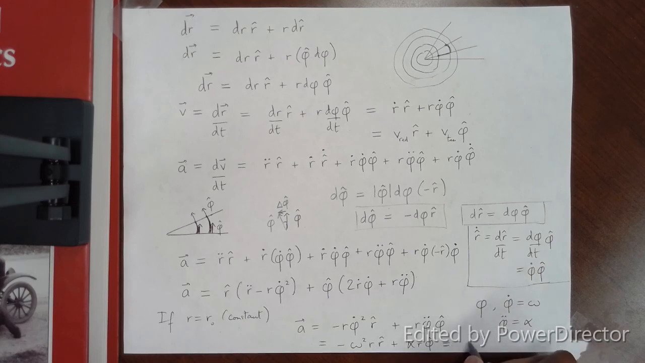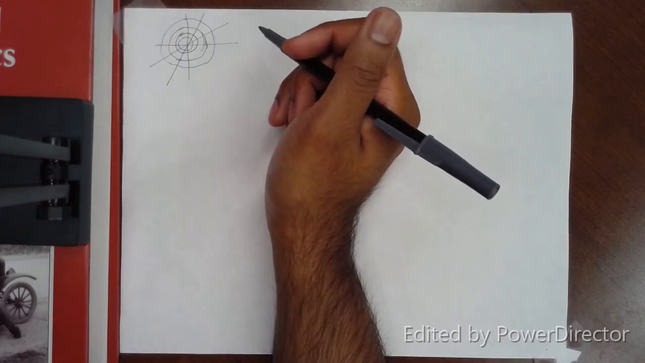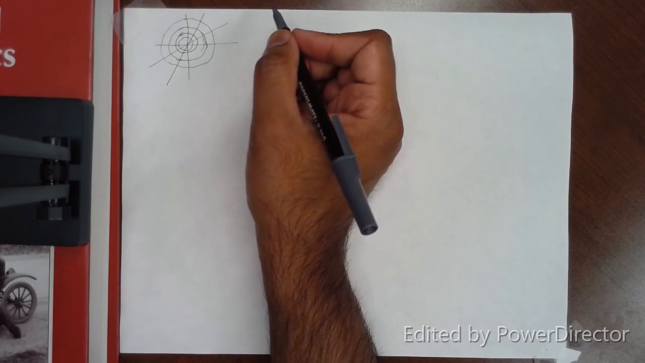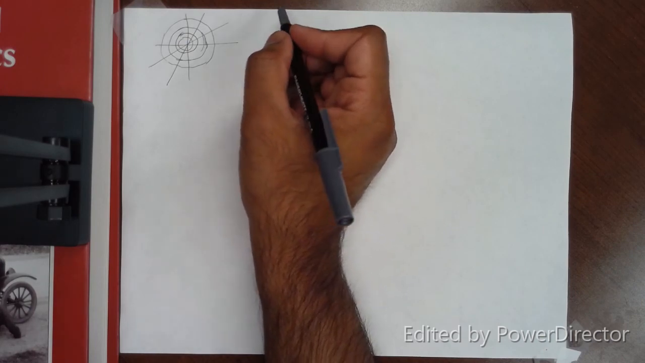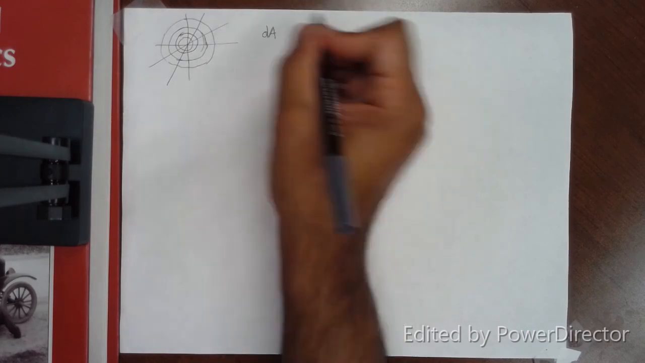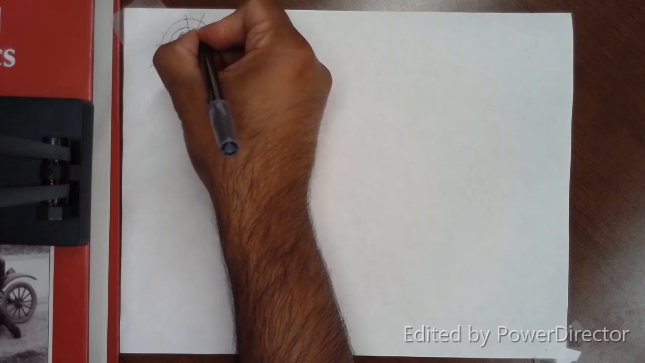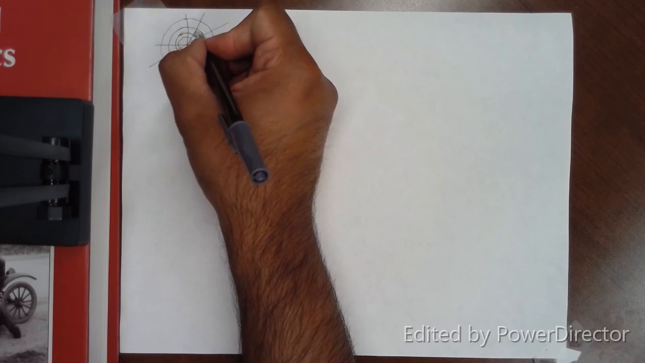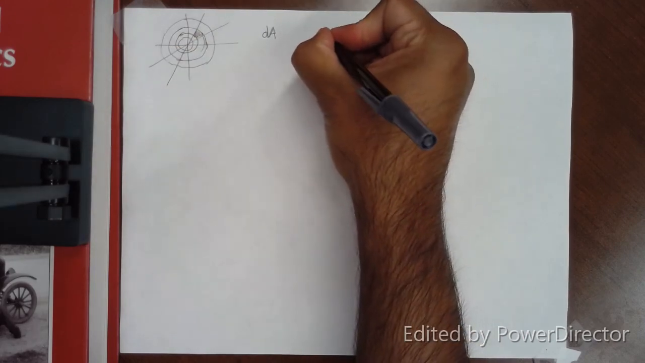So this is in fact the centripetal acceleration, or the radial acceleration, plus the tangential acceleration. To complete our comparison with the Cartesian coordinate system, we look at the infinitesimal area dA. So now that would be this little portion, and we see that for a small angle this little